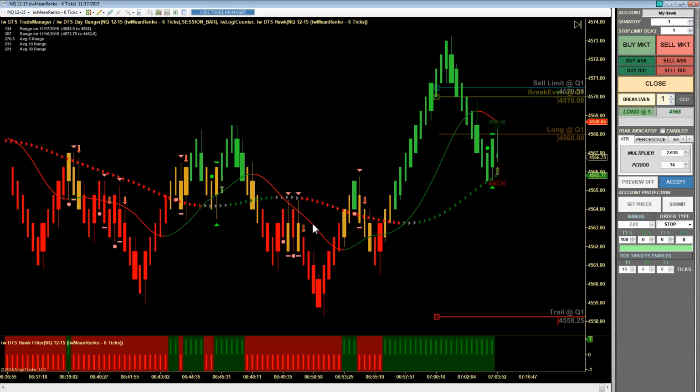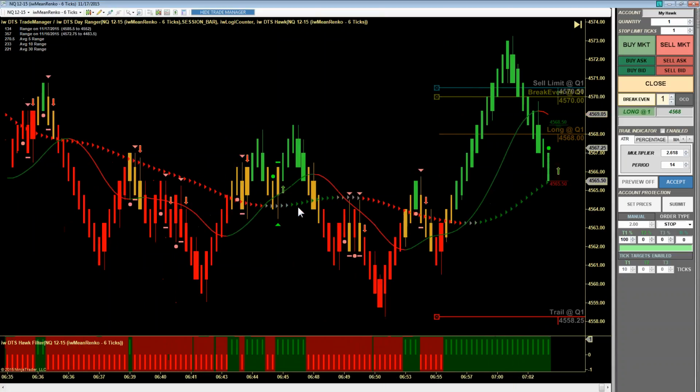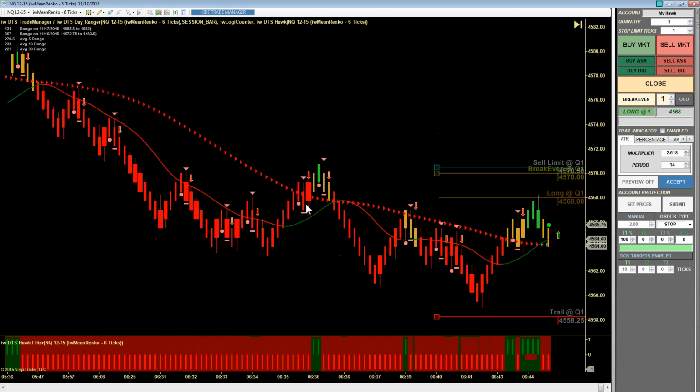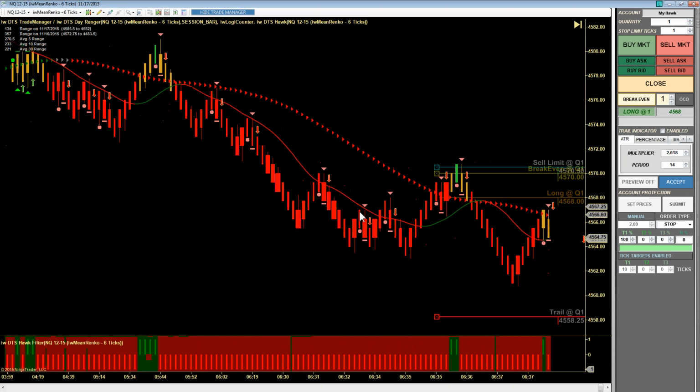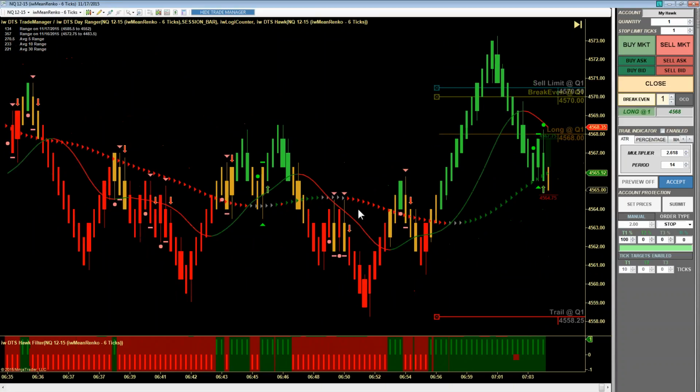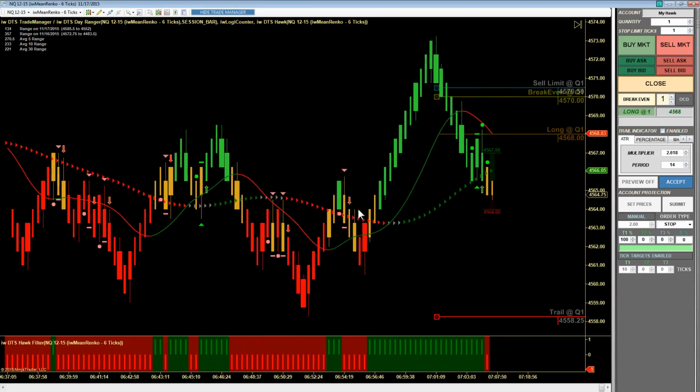But at the same time, the context tells me that the market is struggling for direction. If anything, the overnight was a little bit bearish, and now they're hacking about a little bit. So is it a valid signal? Yes, it is. Is it a high probability or a quality type signal? No, not so much. And you can see here's the result, right? We're still moving sideways. We don't really have much direction to it. And it's not to say that this signal won't rally and get us to our profit objective,